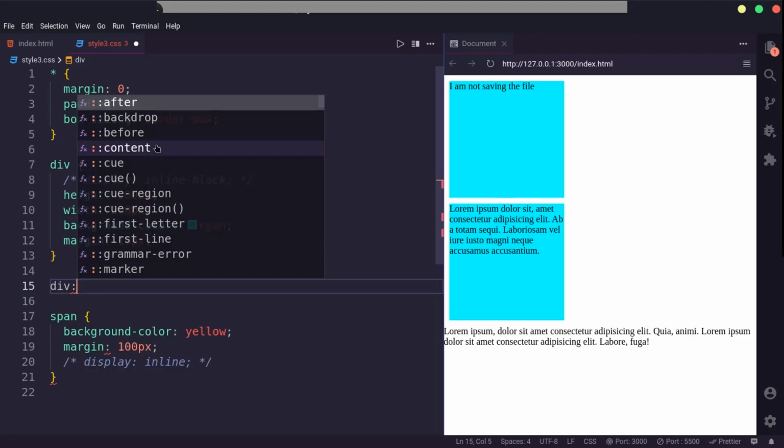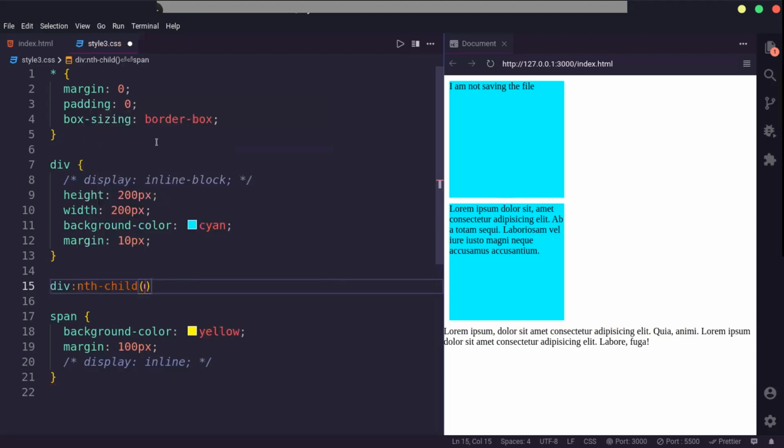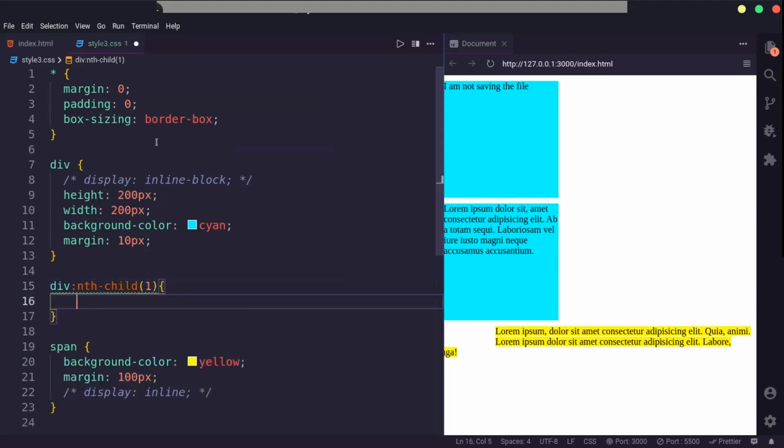What flex is, we will be covering in future sessions, but as of now you can just understand that the z index will only work with non-static elements, like those which have position as non-static.